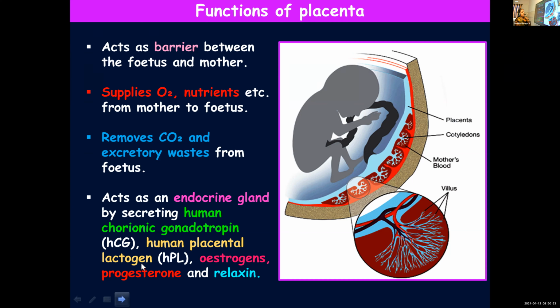Once again, I'll repeat the functions of placenta. It acts as a barrier between the mother and the fetus and helps in the transport of different substances. It carries oxygen and nutrients from the mother to the fetus, whereas it removes carbon dioxide and waste materials from the fetus to the mother's blood, so that it can be expelled from there. And it acts as an endocrine gland and produces different hormones like human chorionic gonadotropin, human placental lactogen, estrogens, progesterone,